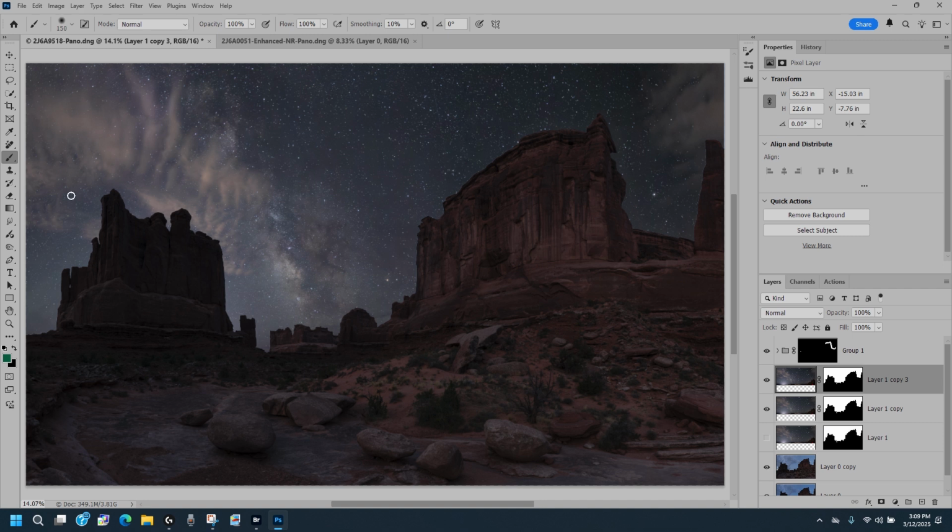And we can also still use our dodge and burn tool. I'm right clicking to see my options here. So the dodge tool is going to lighten. So we'll click on it. I want to work with the highlights. Actually, I think those are going to be midtones. Let's just guess. Midtones. Let's just try to lift the Milky Way a little bit